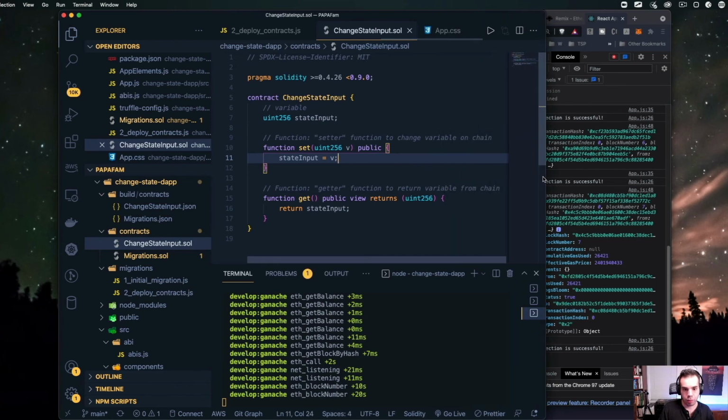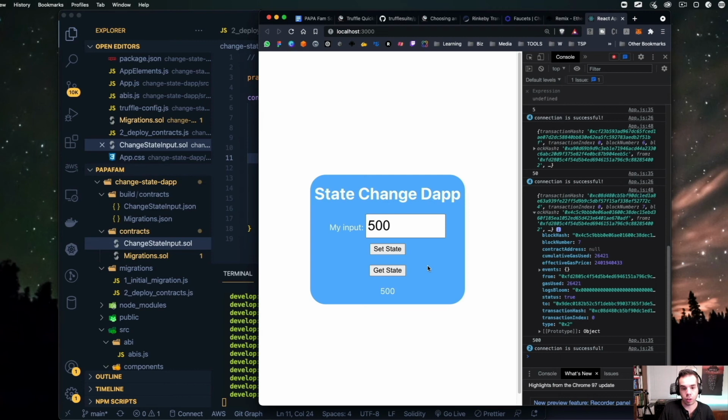And we also have this that allows people to write to this variable, which we declare as v, which is the state input, which is a number, which is a uint256 integer. We also have a public view function to be able to get that input. Now, anyone that is able to access this contract is able to then go and do these things.